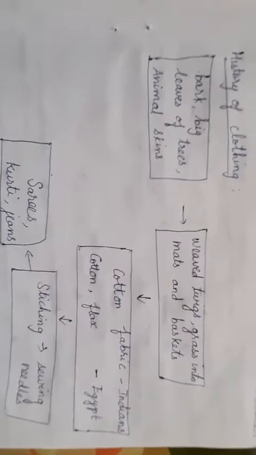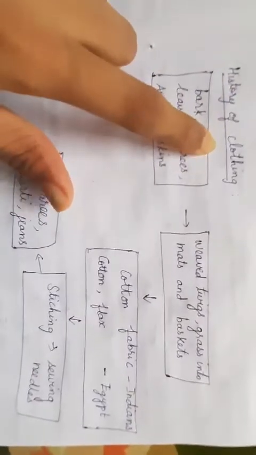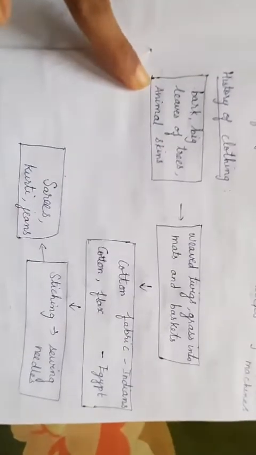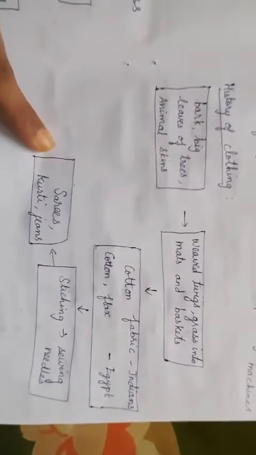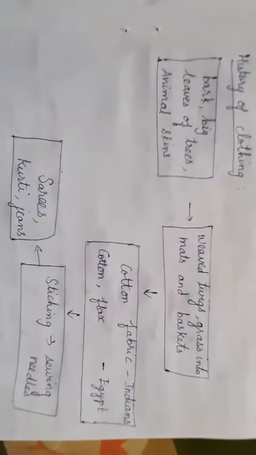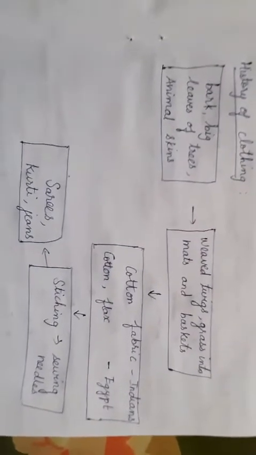Hand operation, some people will do knitting processes by hand, and we even have automated machines to do the weaving and knitting processes. The next is history of clothing. This is just your map, children, of how from the ancient period to the modern age human beings were preparing or using clothes.